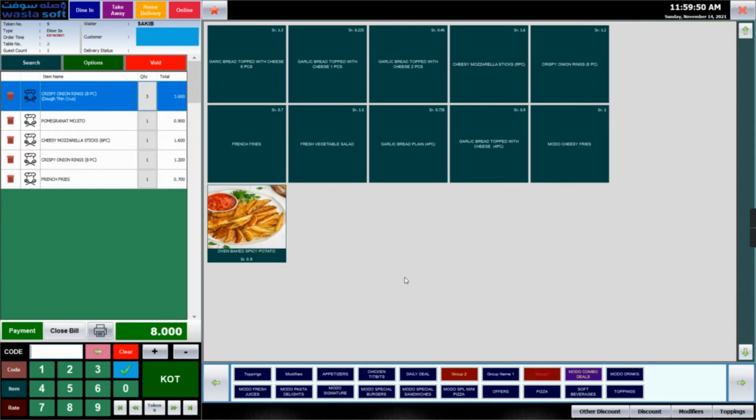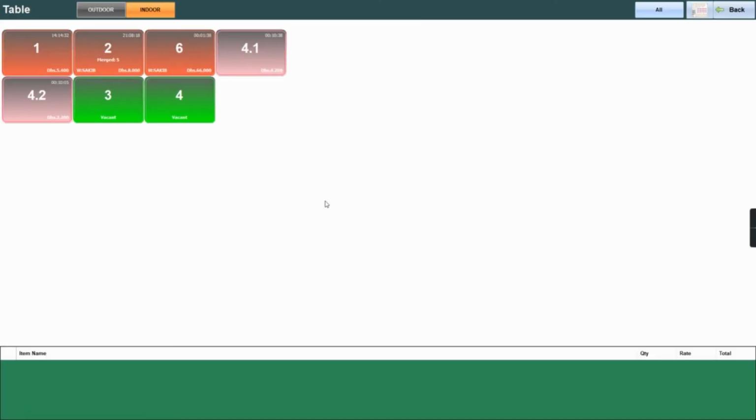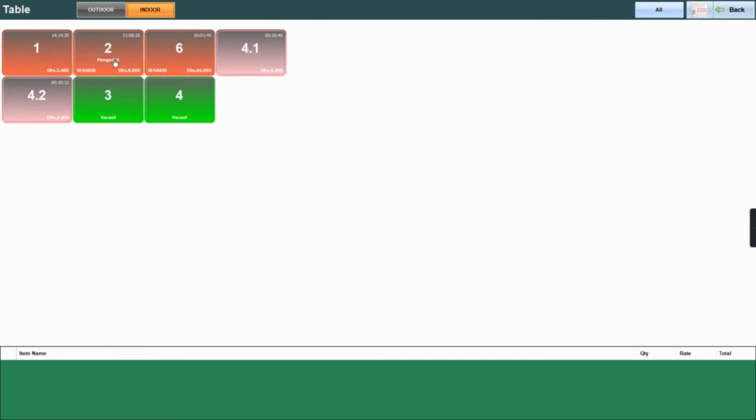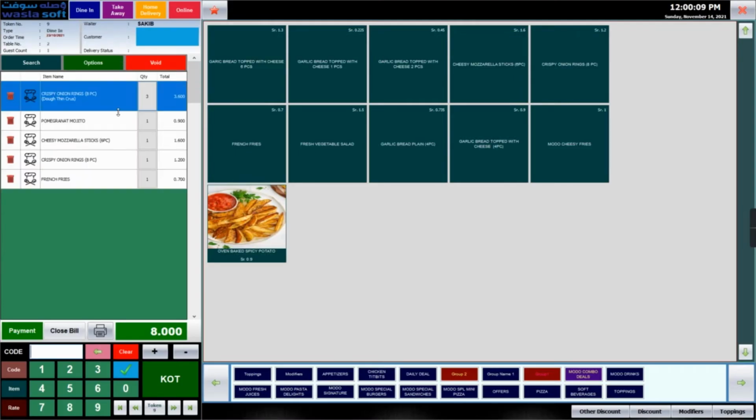So all the items from that table will be put into the 5th. See, you can see here the second table is merged with table number 5. So when you take table number 5, you cannot see table number 2 there because it is merged with table number 5.